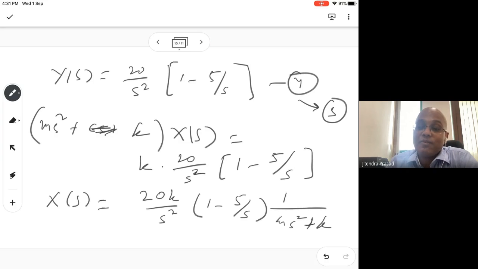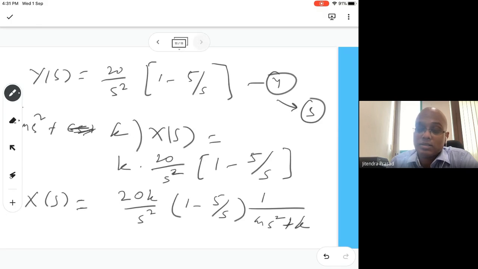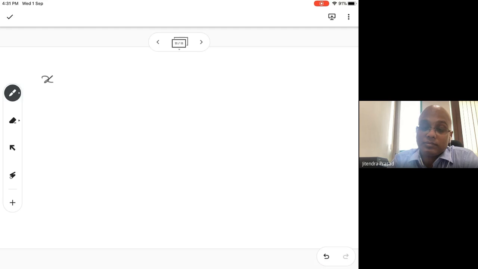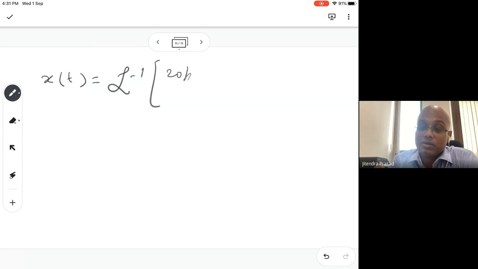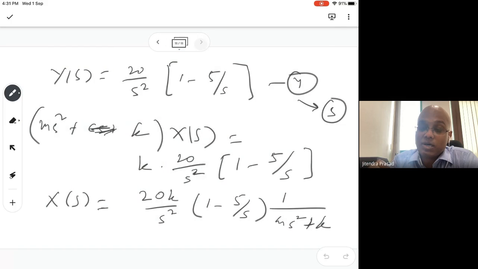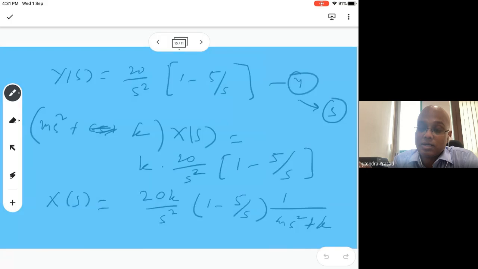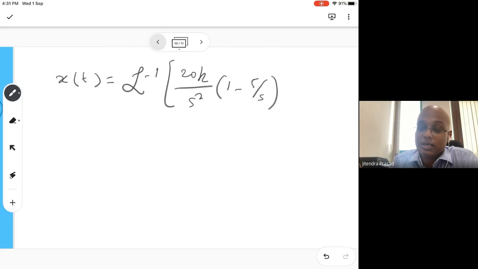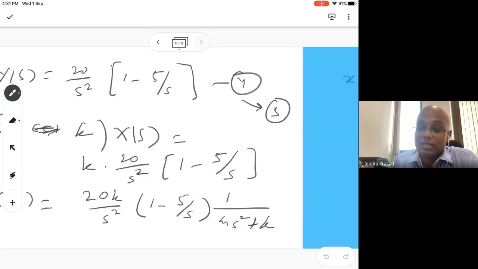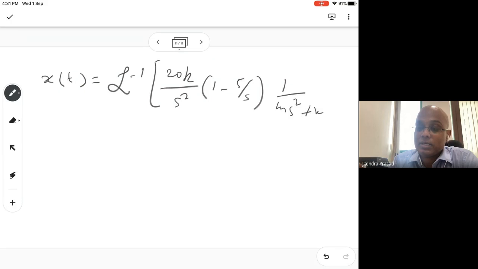Okay, so x(t) you can find by the inverse Laplace transform, and then 20k over s² (1 minus 5 divided by s), and 1 over (ms² plus k), 1 over ms² over k. Okay, so this is how you find out x(t), and then accordingly